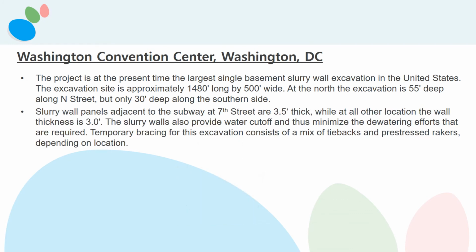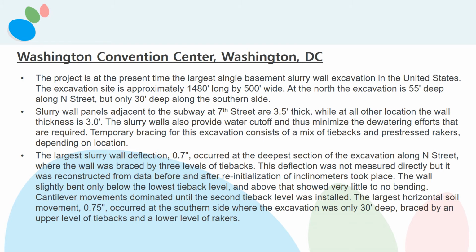Slurry wall panels adjacent to the subway at 7th Street are 3.5 feet thick, while at all other locations the wall thickness is 3.0 feet. The slurry walls also provide water cutoff and thus minimize the dewatering efforts that are required. Temporary bracing for this excavation consists of a mix of tiebacks and pre-stressed breakers, depending on location. The largest slurry wall deflection, 0.7 inch,